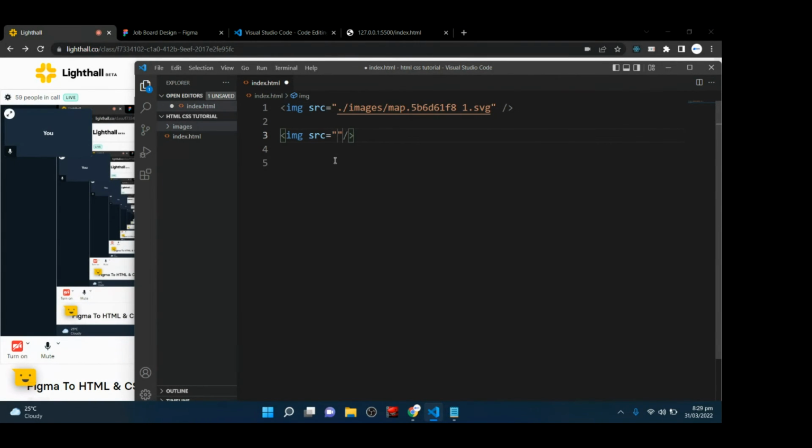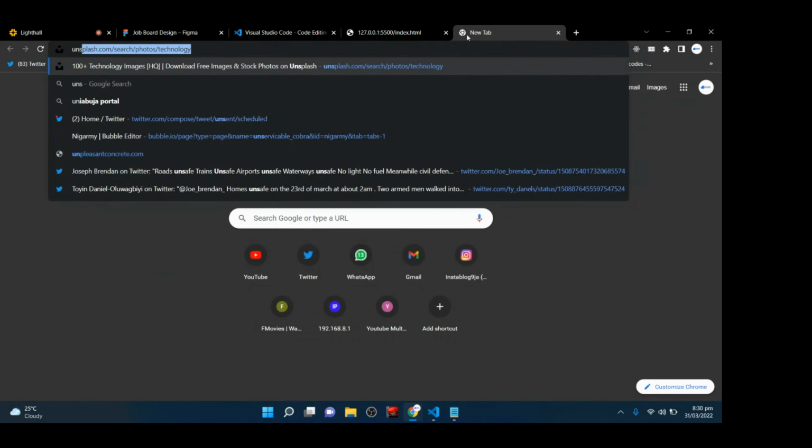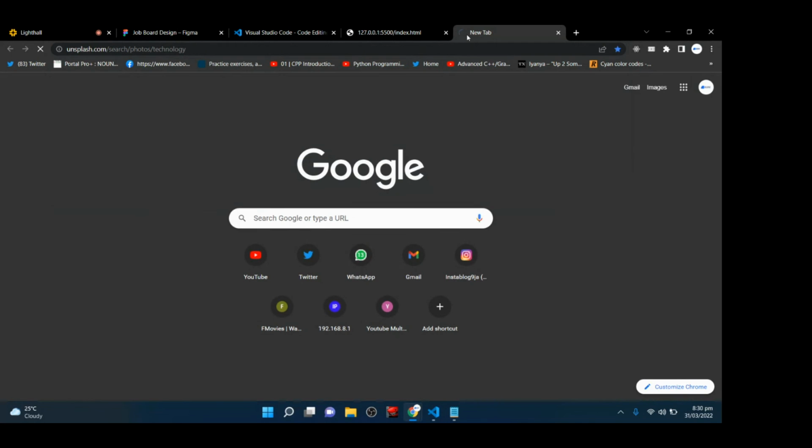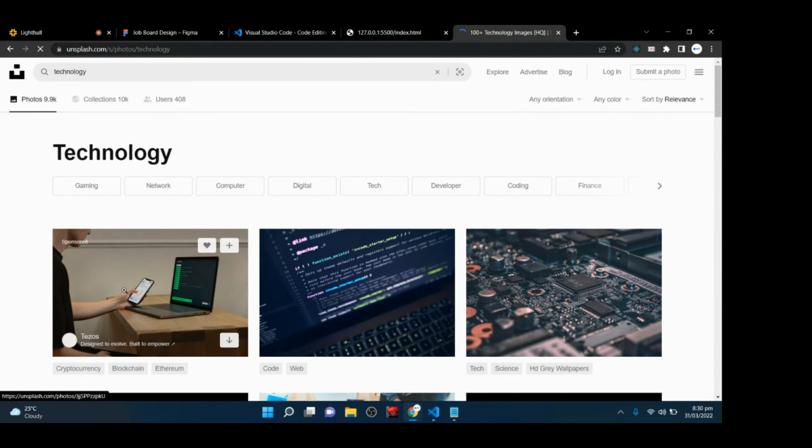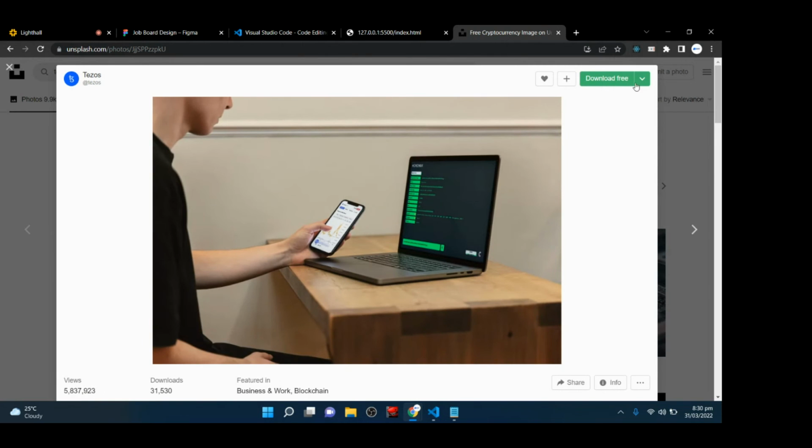Now, when you put the source attribute here, it will be time for you to point the browser or HTML to where the image is located. I think everyone is confused because of this part here, this part definition. So what I would like to do is use Unsplash, and I would see if I can actually get